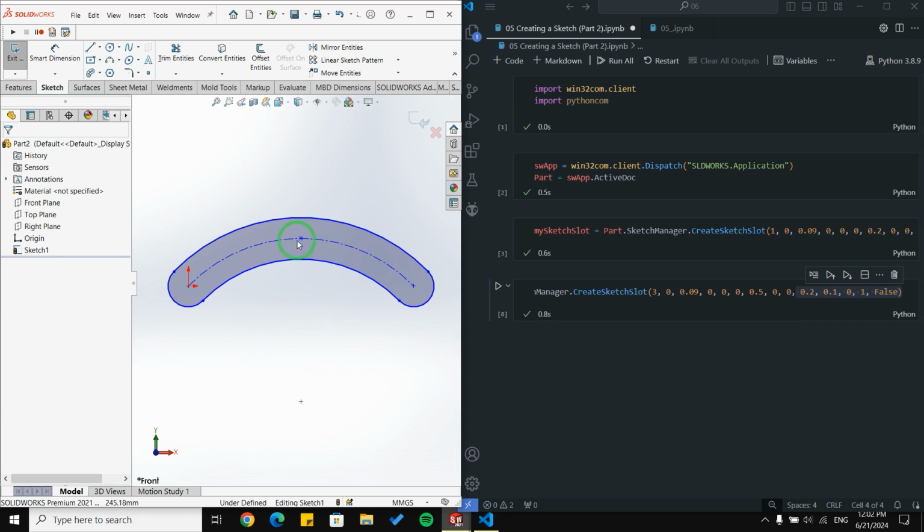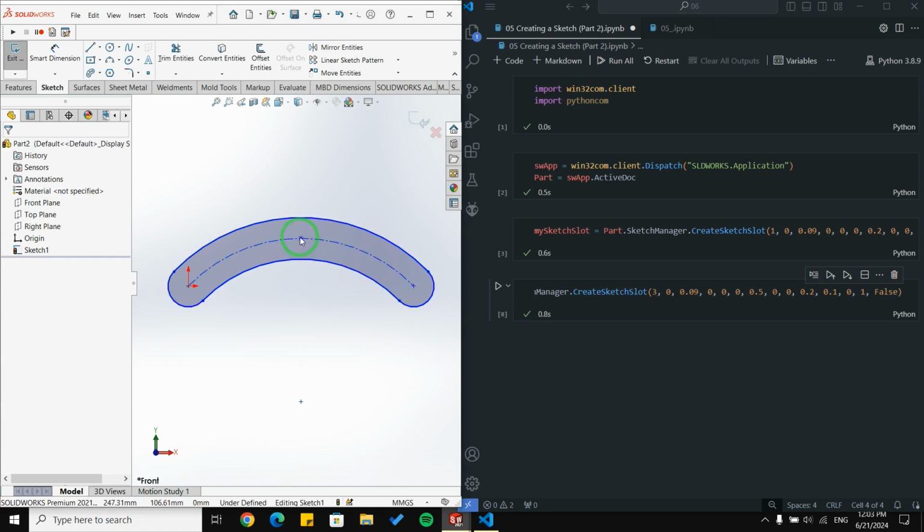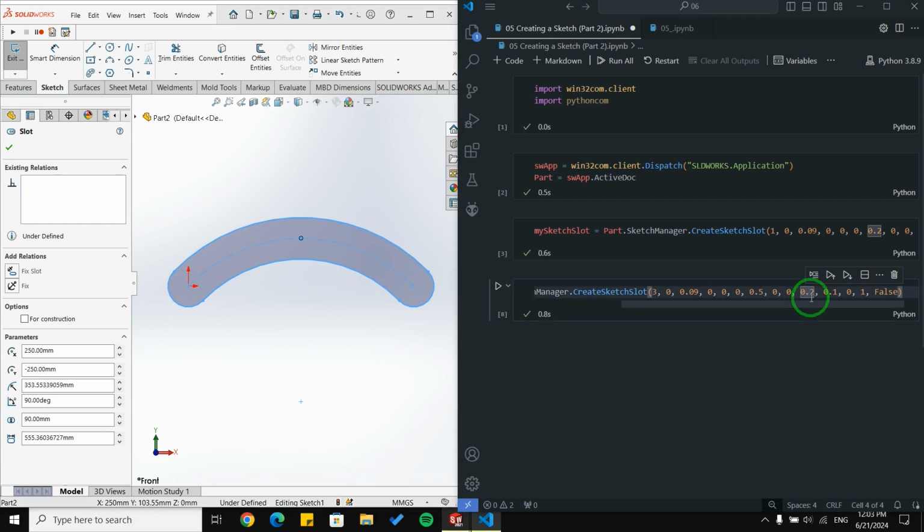But when we click on the third point, we can see there are some differences. For X, it is 250 millimeters, but we put 200. And for Y, we put 100, but it is 103 millimeters. So SolidWorks tries to choose the third point as we specified it in our code.